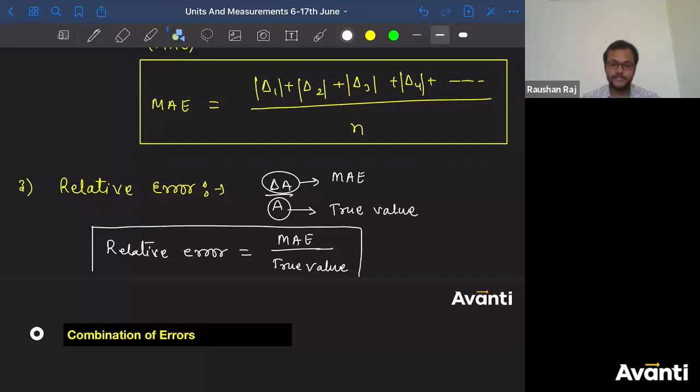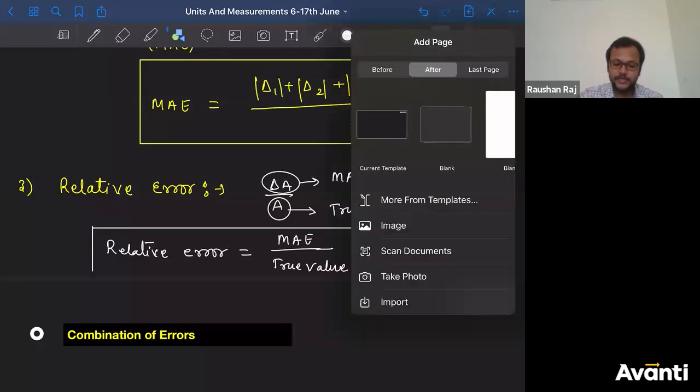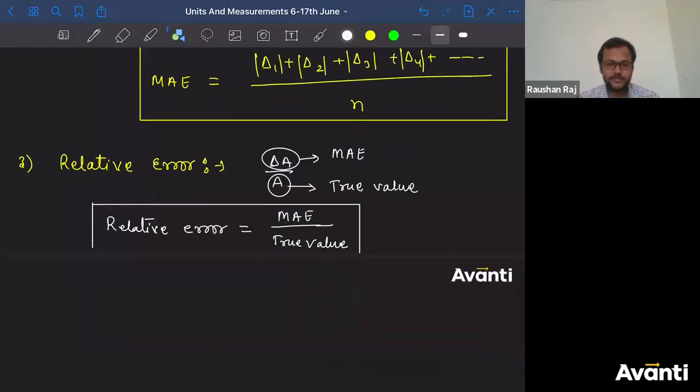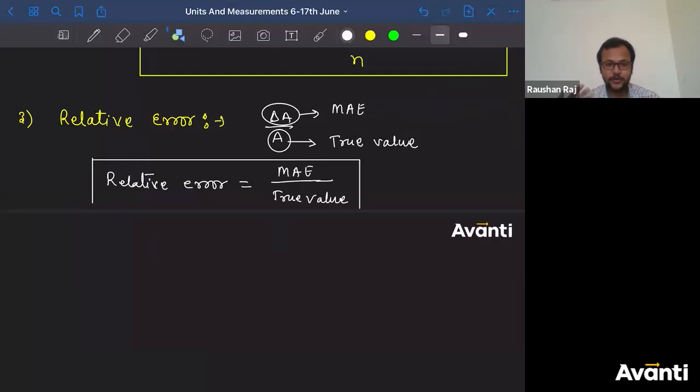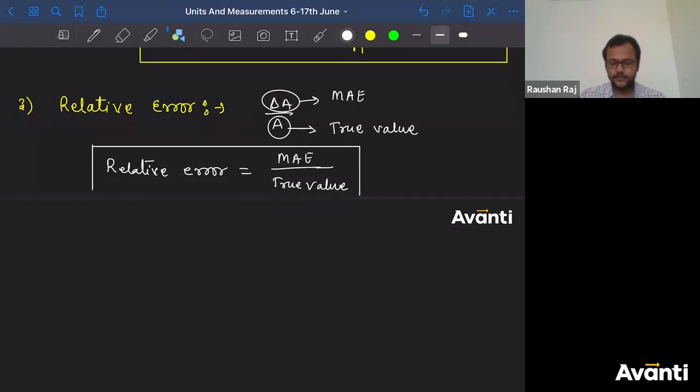All right, so please remember this. So tell me, what will be the value of this relative error? Will it be greater than 1 or less than 1? It will always be less than 1. ठीक है? Actually, very very less than 1. बहुत छोटा होगा एक से. All right? अच्छा, can relative error be negative? Can you have negative value here? Yes, you can have negative value here. Okay? So again, it can be positive.